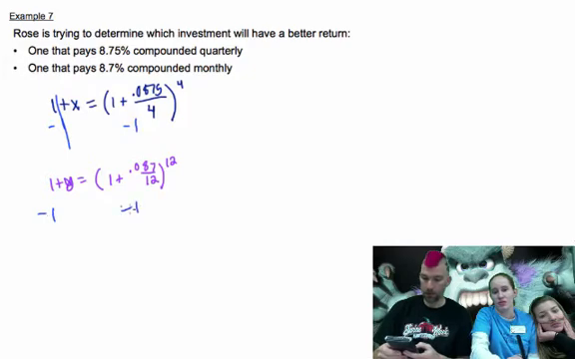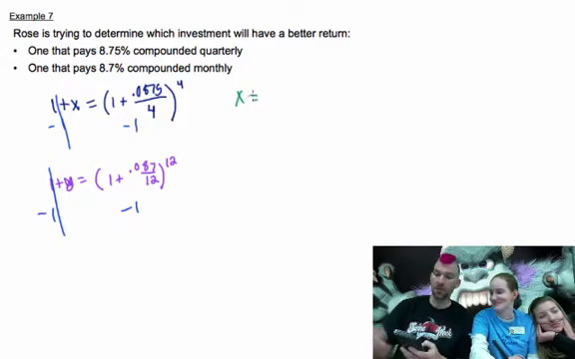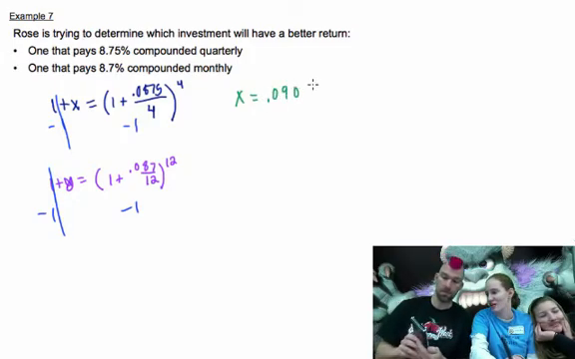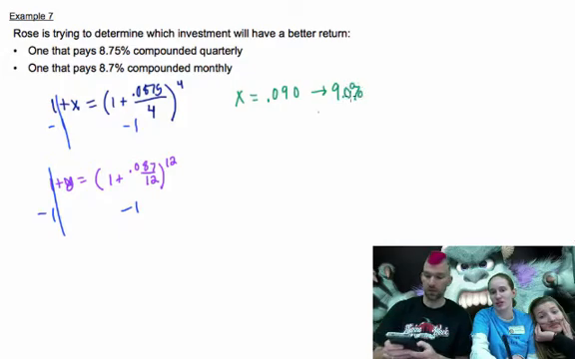So I'm punching in the top one right now, 0.0875 minus 1. And I get 0.090, and that's the decimal version. So that's 9.0%. Okay. And for the other, for Y, I get